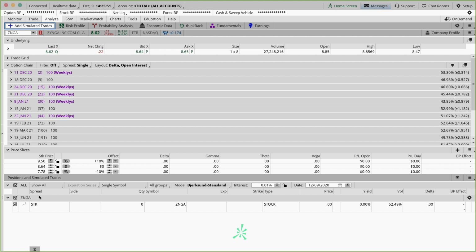What if volatility were to change or time were to go by and this is an option position? How would my net P&L be affected by that? And so with the Analyze tab, we can simulate all kinds of what-ifs. That way we have a great baseline for, well, if this happens,